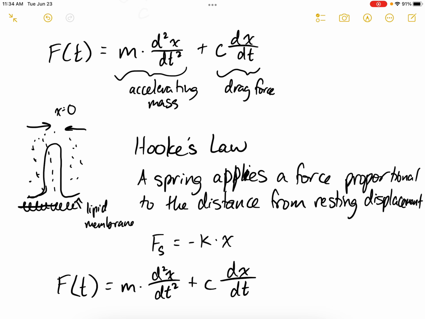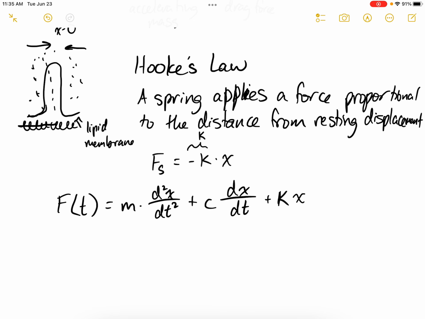Now, just for simplicity, I'm going to call this a capital K instead, and we will just absorb the negative sign into this equation, right? We just want to keep it a little simpler. And now we just simply have x, the displacement from 0, right? So now we have this final equation